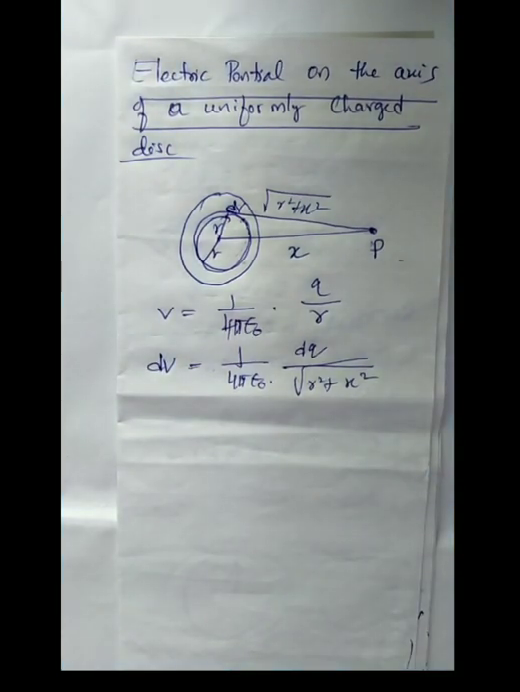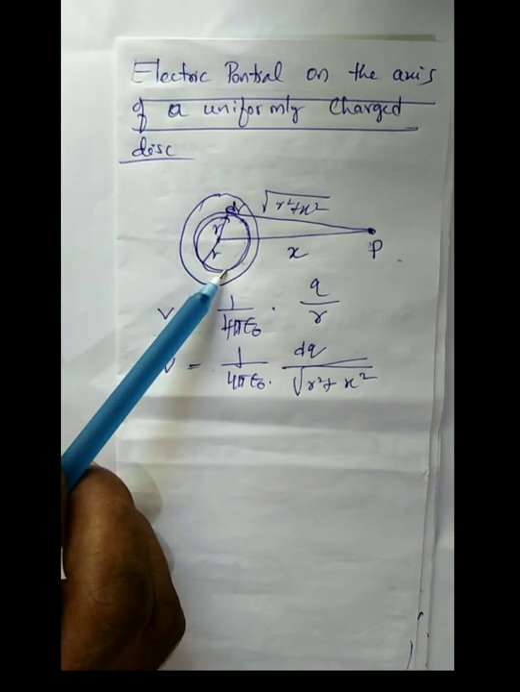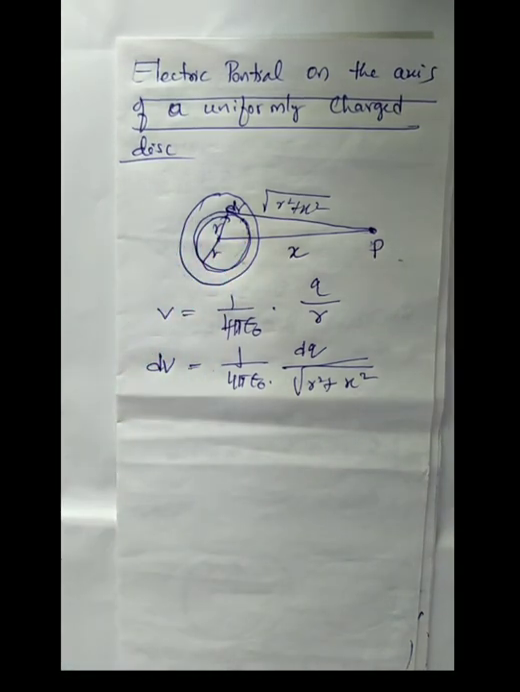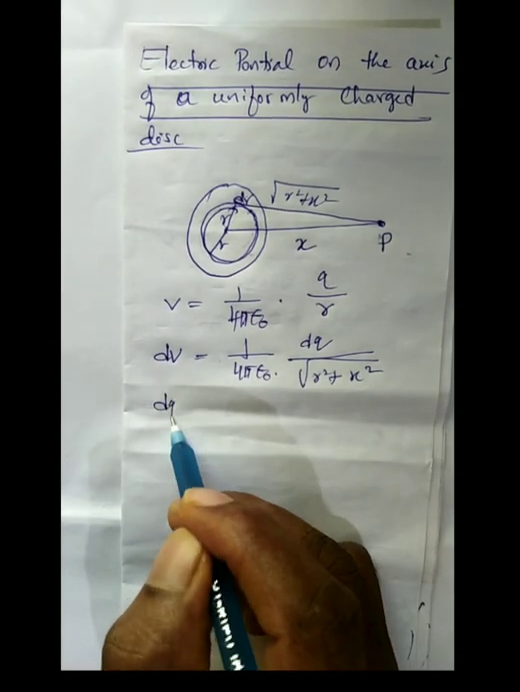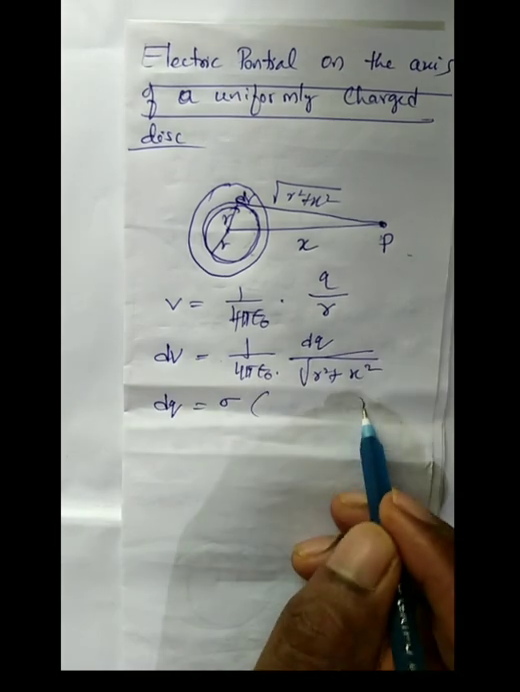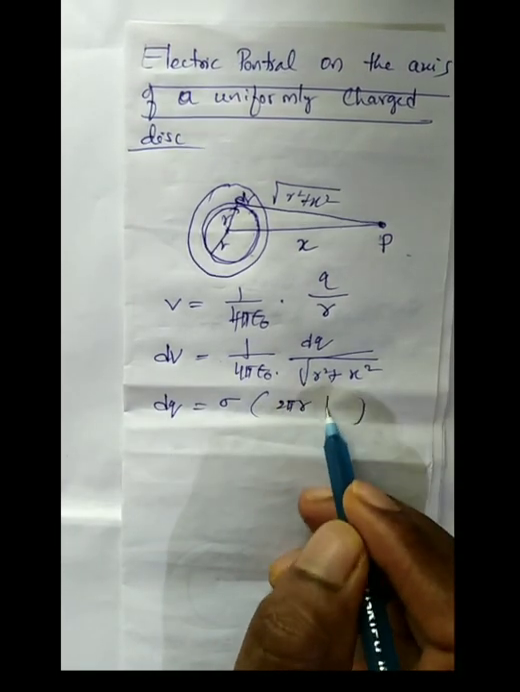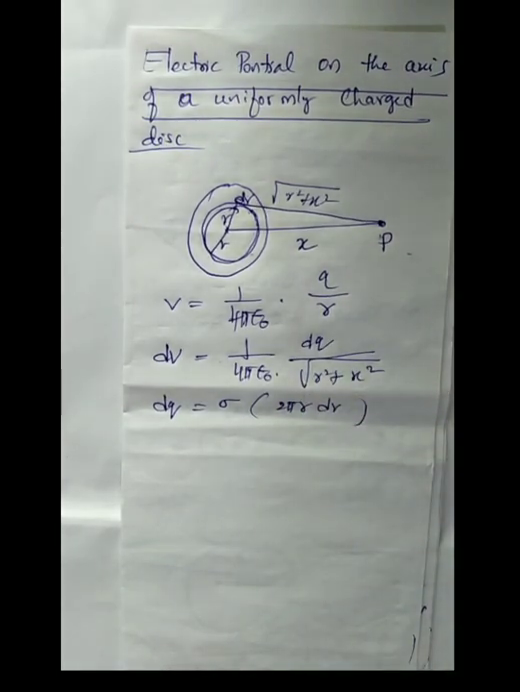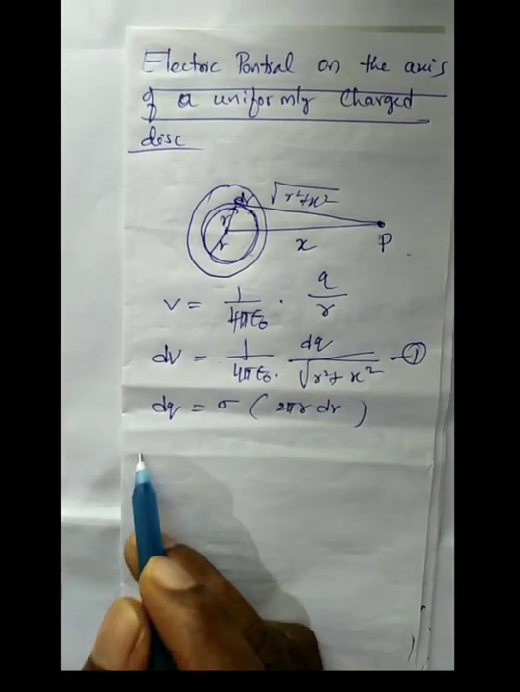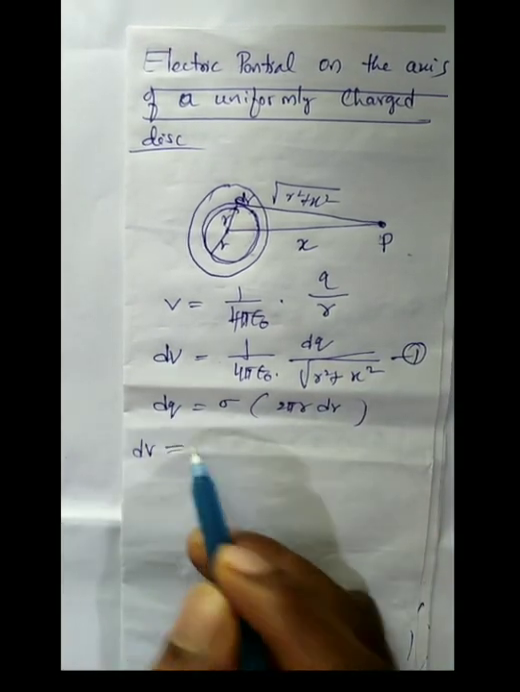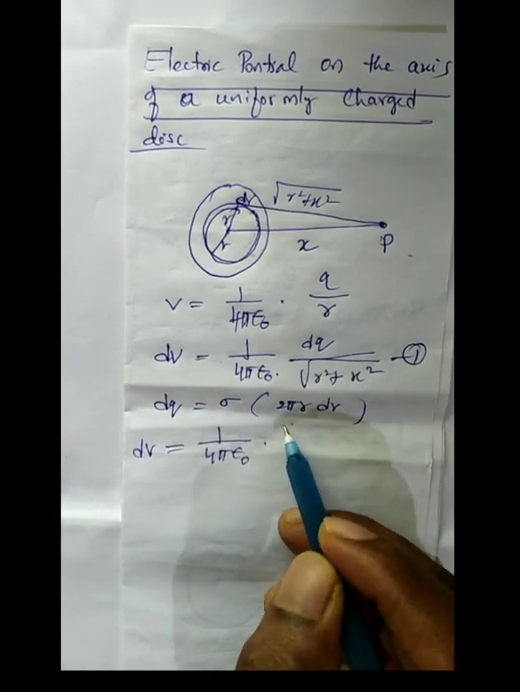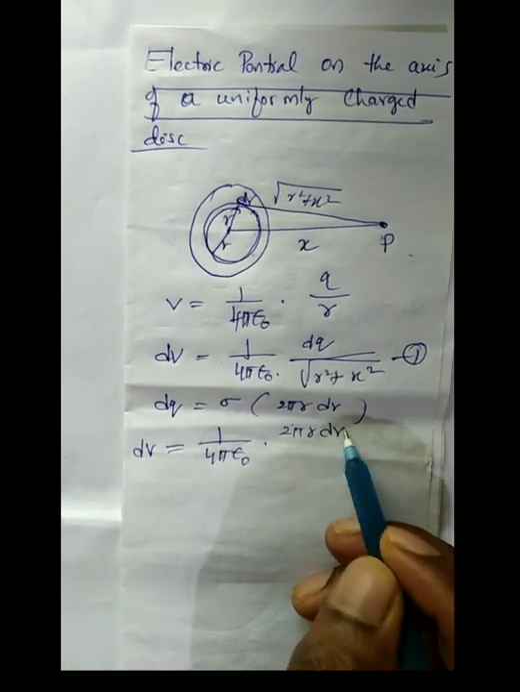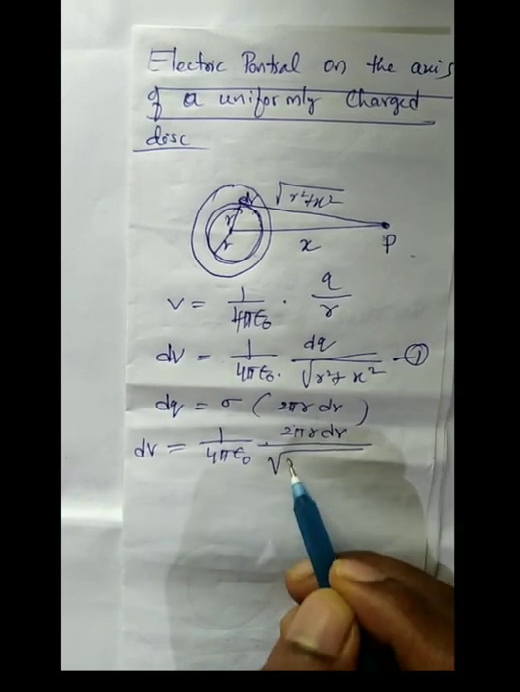Now what is that charge? Because of this area, the charge is distributed over the surface, and that we are going to find out. So dq I can write as surface charge density into area, that is sigma into 2 pi r dr. Substituting in this equation, the small potential because of that strip is 1 by 4 pi epsilon naught, sigma 2 pi r dr divided by square root of r square